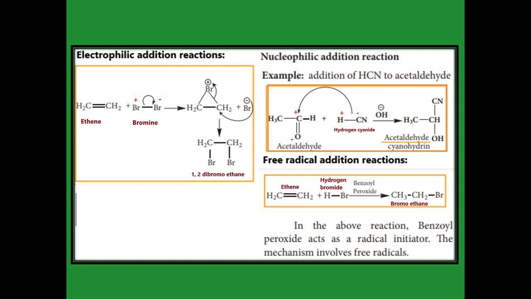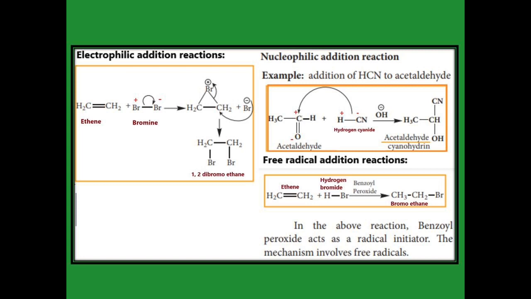Br is now attached to one of the carbons, and the other Br is attached to the other carbon. We get 1,2-dibromoethane, because the bromine is attached to the first carbon and the second carbon. So we indicated numbers 1,2, and 2 carbons is eth with a single bond so ethane, and 2 bromo attached to the first and second carbon. The name of this compound is 1,2-dibromoethane.